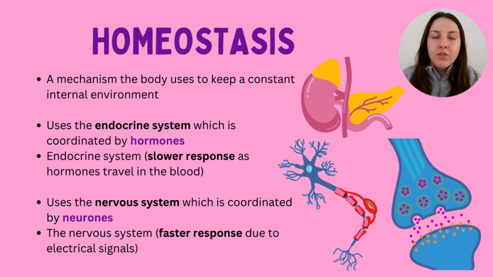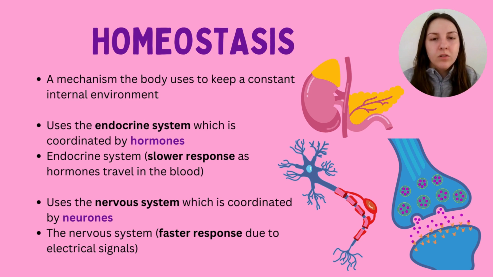And that's why the nervous system is much quicker than the endocrine system. The endocrine system's evolved to be a bit slower because actually it coordinates things like puberty, which take a long time, as opposed to an immediate dangerous threat. The other thing as well, the reason the nervous system is much quicker is because instead of using hormones that travel in the blood like the